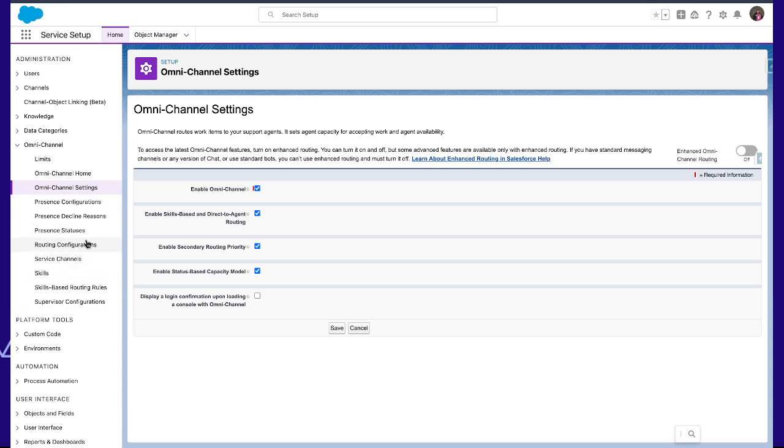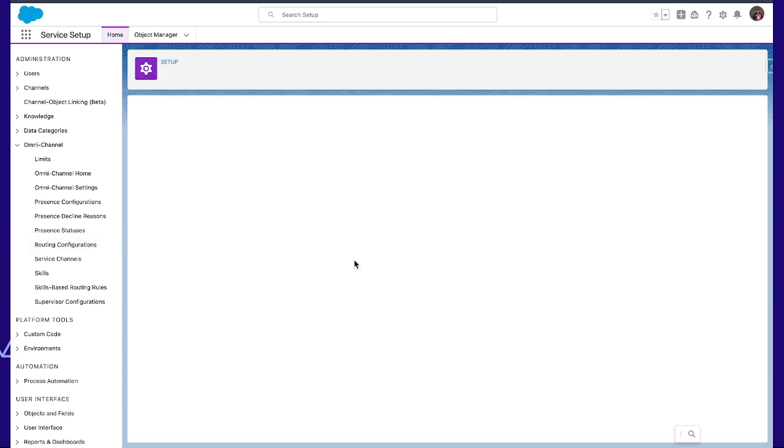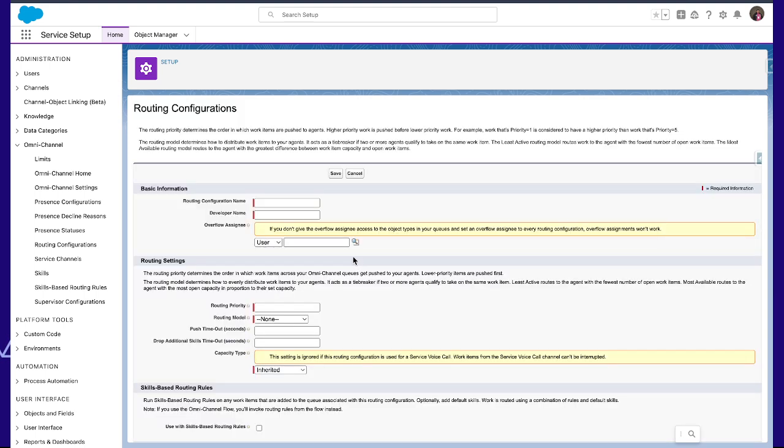After that we go to the routing configuration, where we have to create a new routing configuration. We type a name; I'm naming it test route.